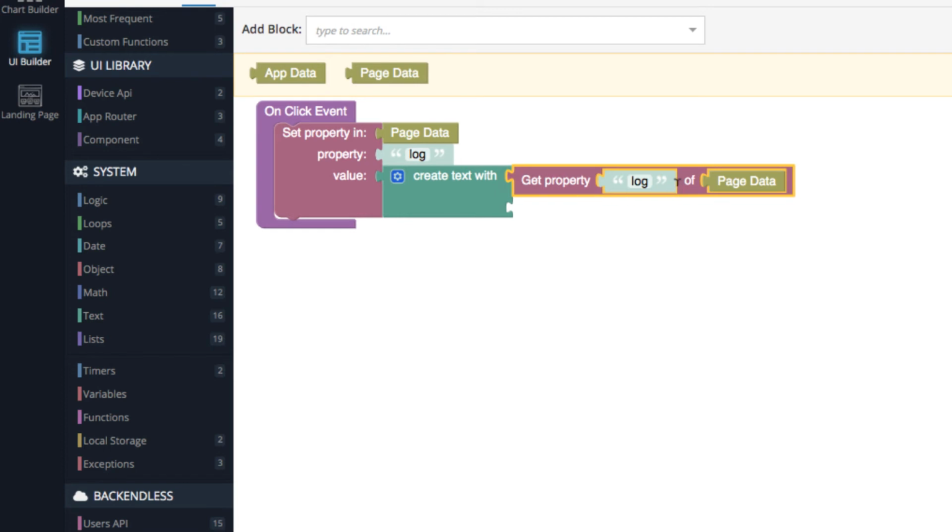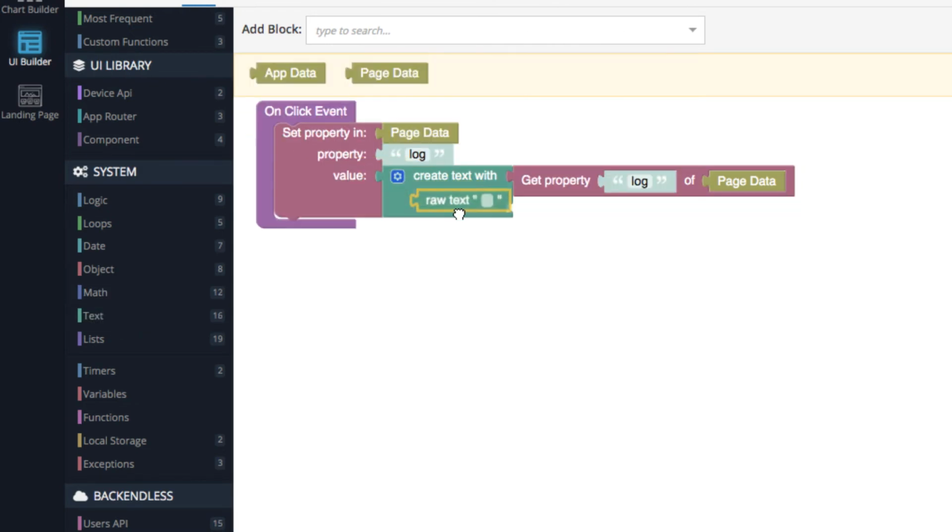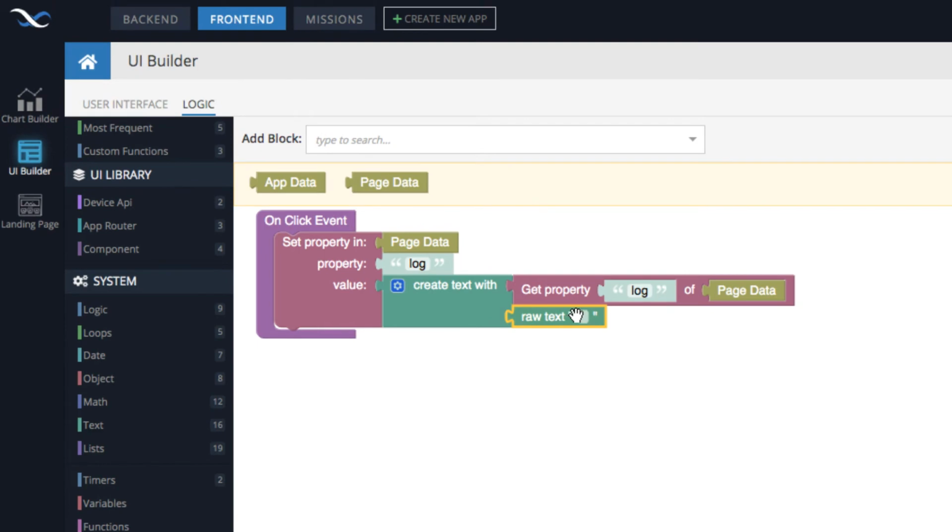And then in here, we can just add that additional message. In order to add it in there, go into text and make sure to select this raw text, and I will tell you why it needs to be raw text. And here, let's say this is a test log message \n, and this \n will force carriage return, meaning that the text will roll to the next line.